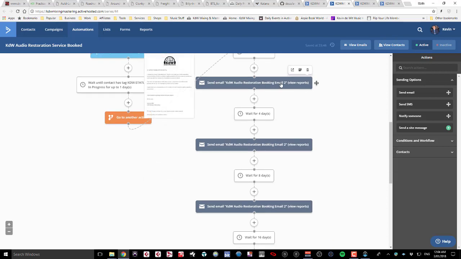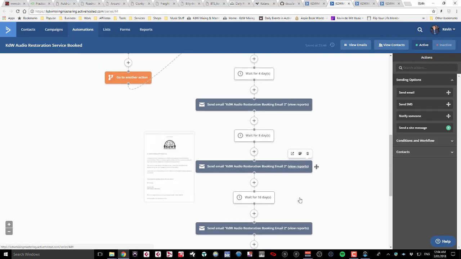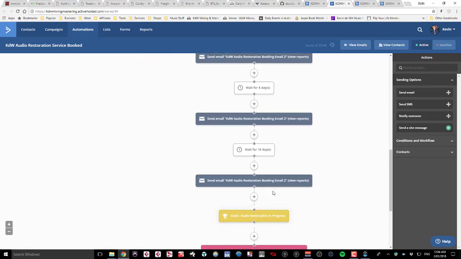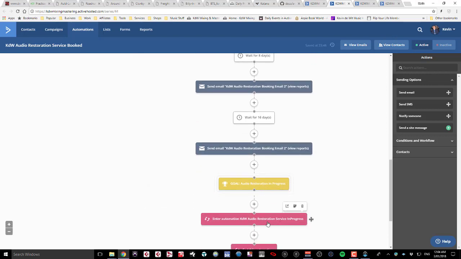And you'll see here, these are actually the same email, email 2. I've just copied them. They're not different emails. They are the exact same email. So it's just a reminder to say, hey, don't forget to upload your song. I wait 8 days. I wait 16 days. And then we get it again, and then we get to this goal, and we're going to go to the